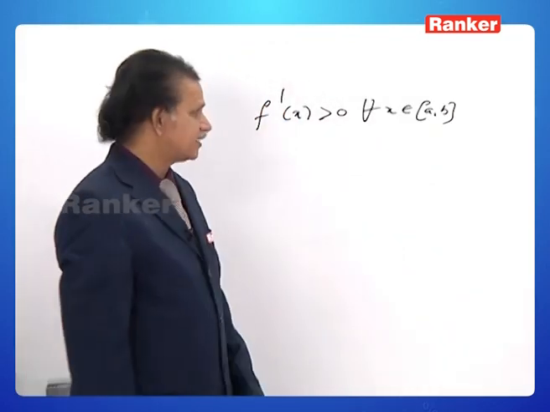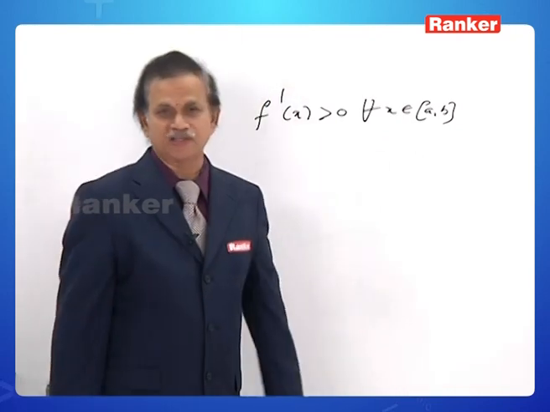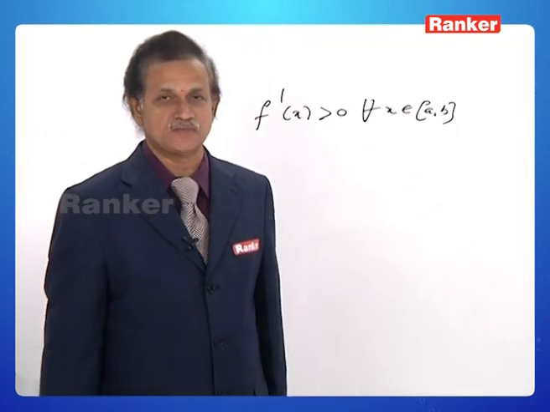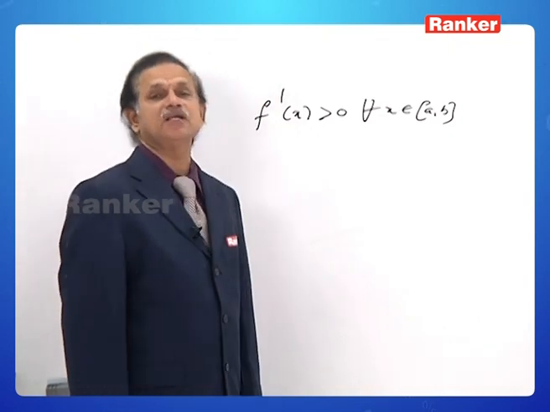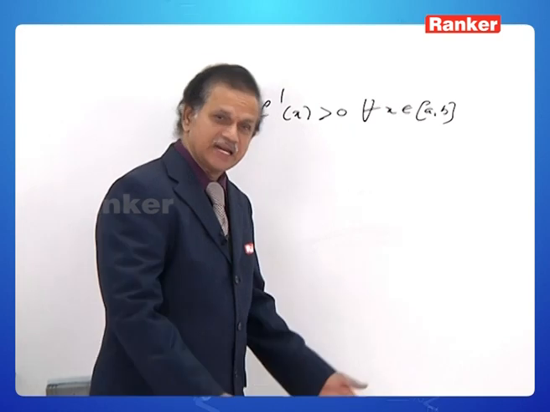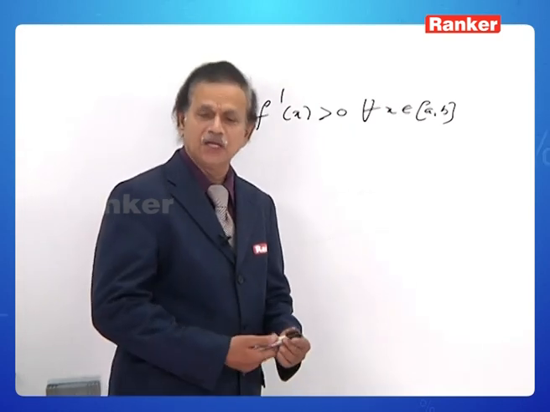If for a particular function say f of x, f dash x is greater than 0 for all x belongs to the closed interval a, b, where the closed interval a, b is a subset of the domain of the function f, then we say that f is increasing on the closed interval a to b. Accordingly, if f dash x greater than or equal to 0 for all x belongs to that, then we say that it is non-decreasing. Similarly,